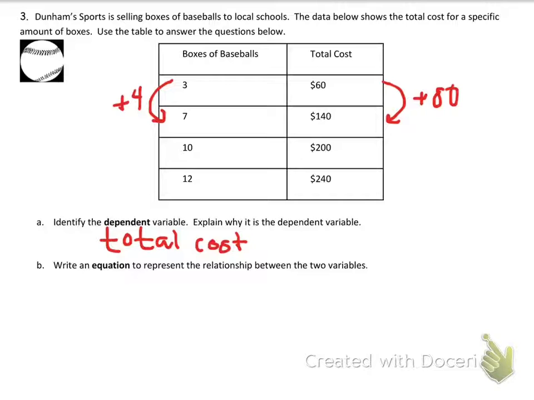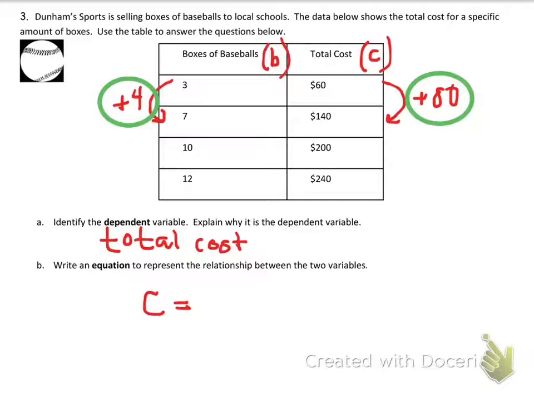So hold on, bear with me. I'm finding a new color for you. Okay, I don't know. Oregon green sounds good. Oregon green. So if I look at my change in my independent variable, it's 4 times bigger than I want. That means that my coefficient is 4 times bigger than I want. So 80 divided by 4 is 20. So I'm going to say total cost. Let's call that C, and boxes of baseballs we'll call B. Okay, so the total cost, C,